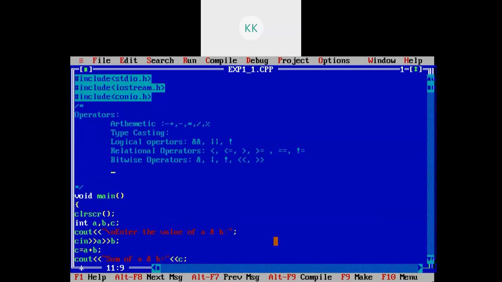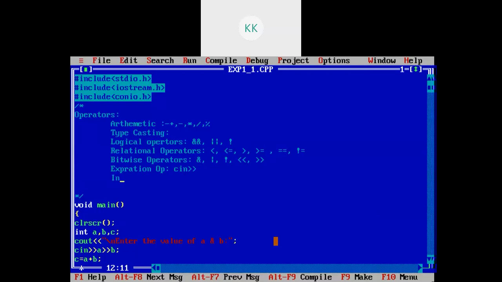Some more operators are there. The extraction operator is used with cin. Normally we write it like this. Then the insertion operator, we generally use it with cout.